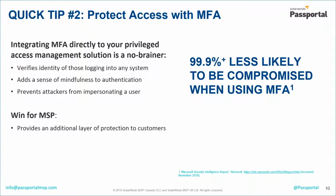I mean, just this week again, we're hearing in Colorado about 100 dental practices which were hit with ransomware at a root cause because of poor password management practices and not having MFA enabled on the remote control tool that the MSP was using. So one, it's a win for you guys because it gives you an additional layer of protection